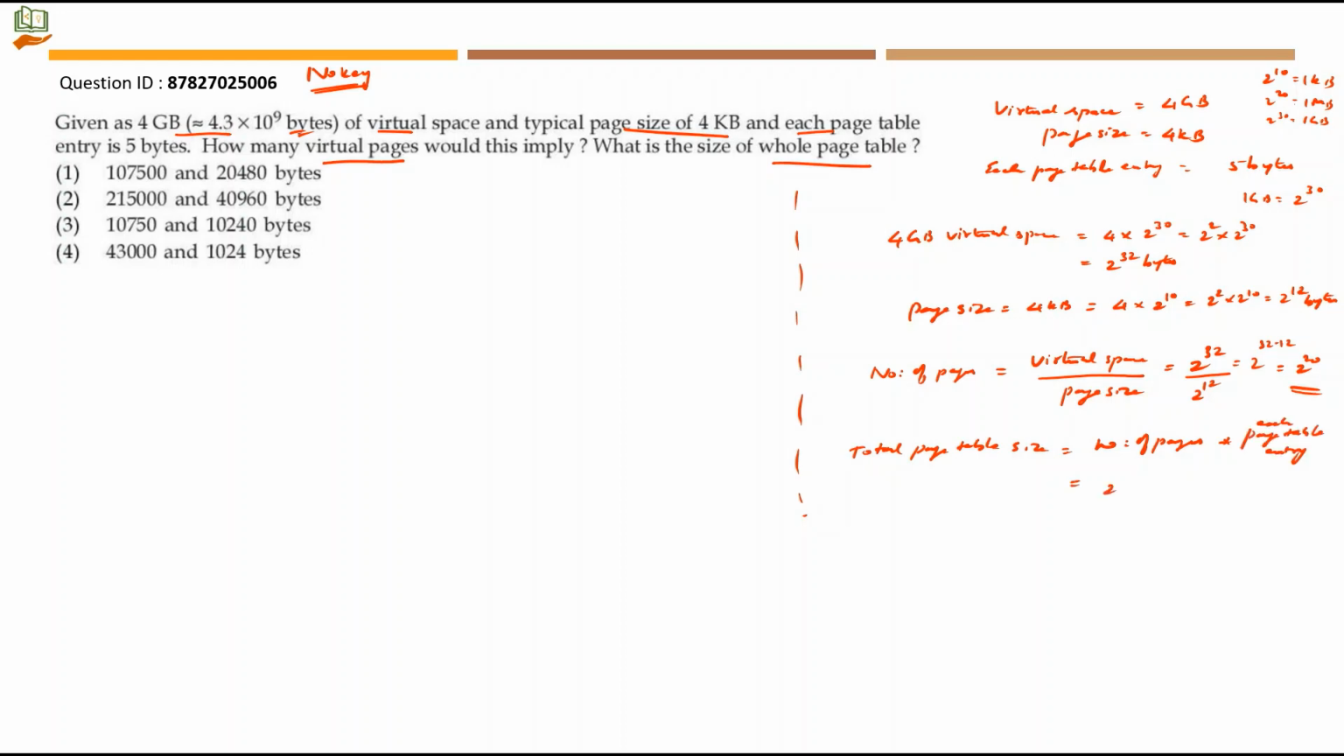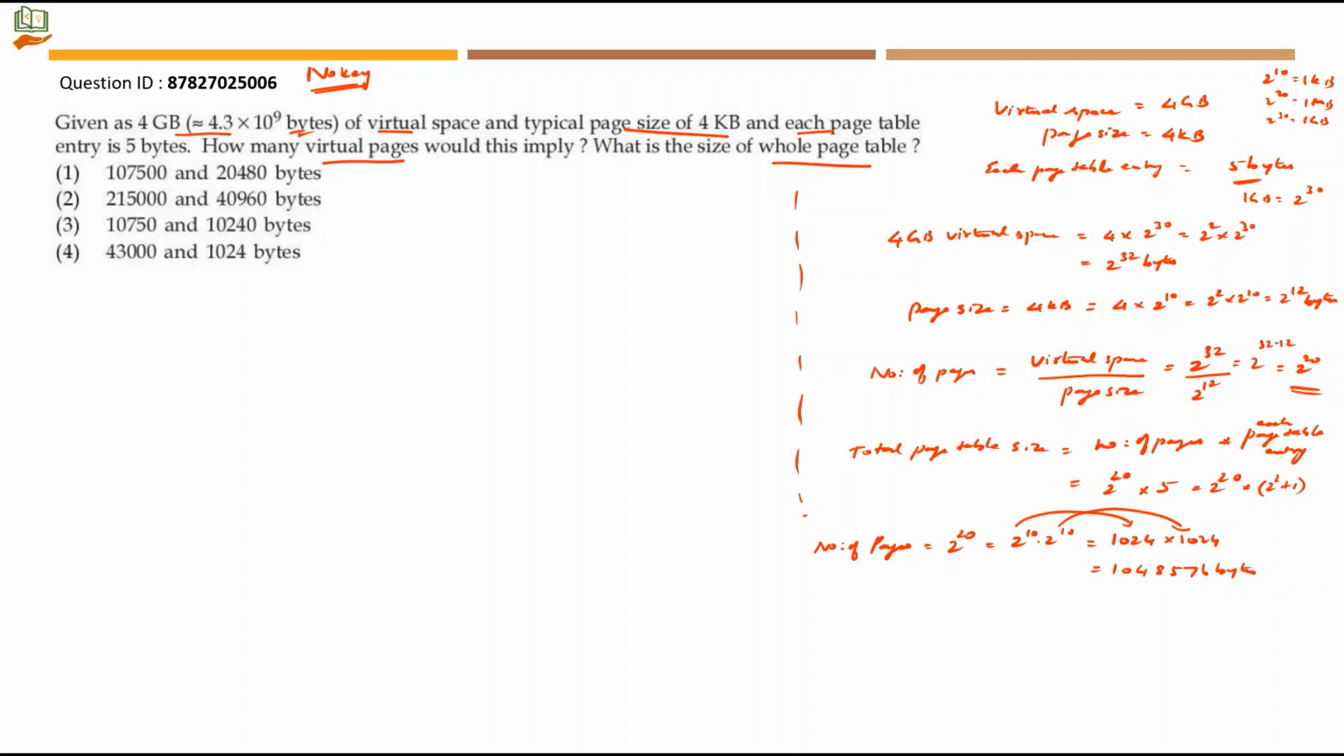So the number of pages is 2 power 20, and each page table entry is 5 bytes, so 2 power 20 into 5. The number of pages is 2 power 20. 2 power 20 can be written as 2 power 10 into 2 power 10. 2 power 10 is actually 1 KB, which means it is 1024 bytes. So for each 2 power 10, I am writing 1024. 1024 into 1024 will give